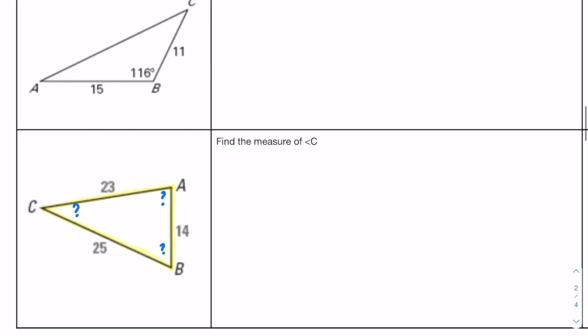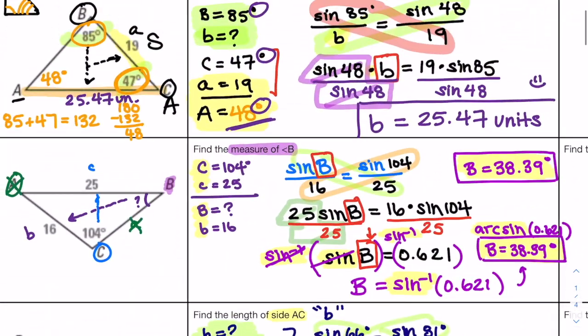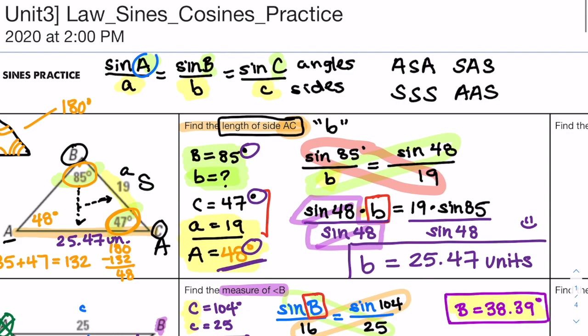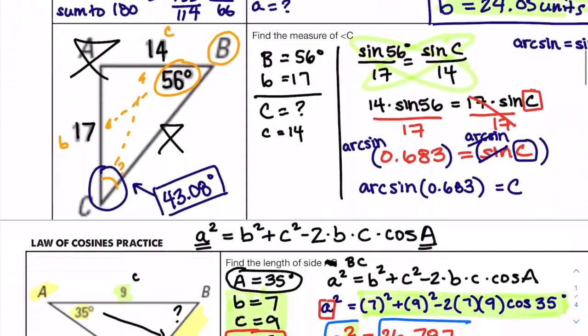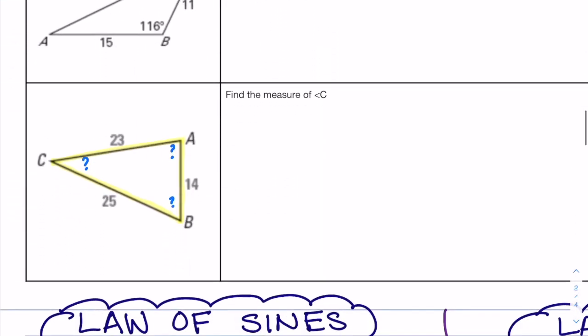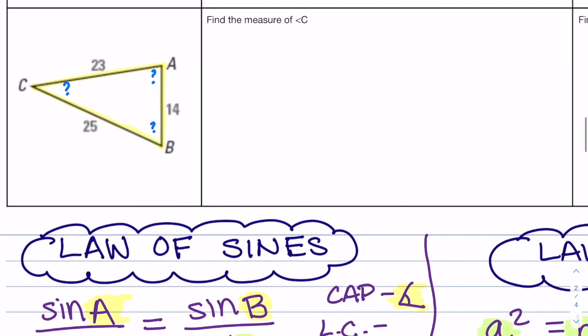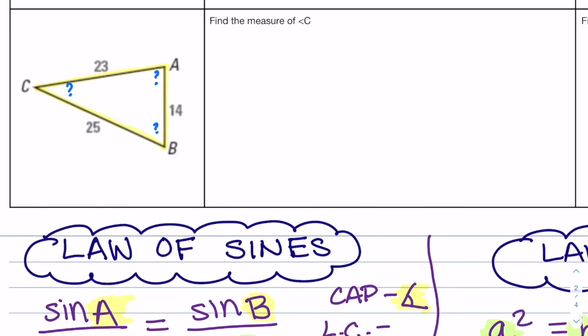Because if you go back to the formula, I have the law of sines formula up here. See how we need at least one angle and two sides, or both angles and one side? So I have no knowledge of any angles at all. So if I have no knowledge of any angles, the only thing I can do is rely on the law